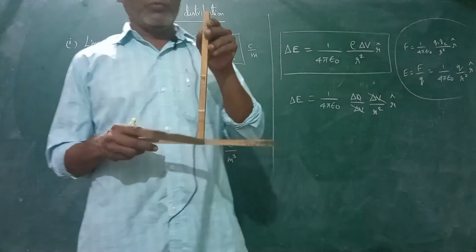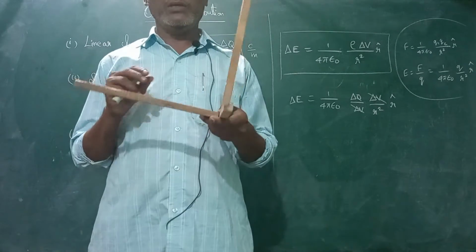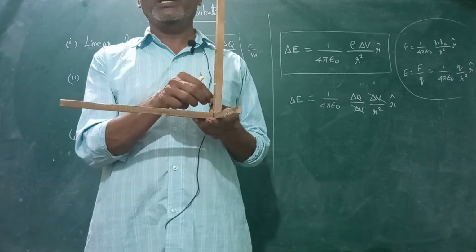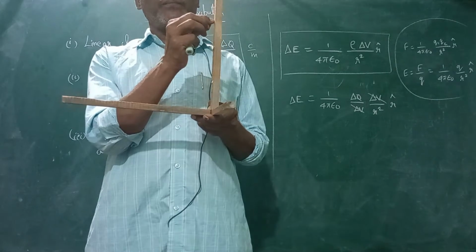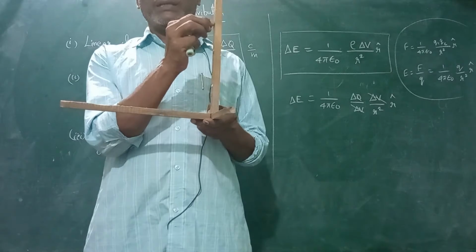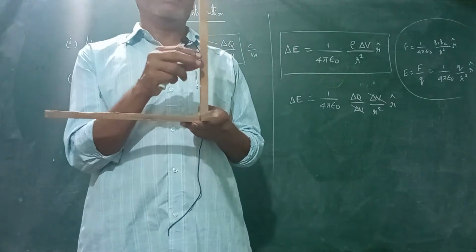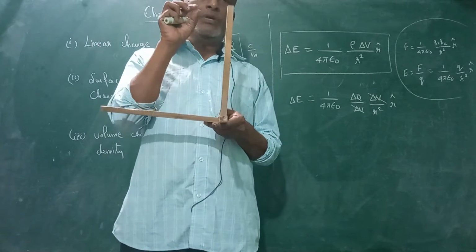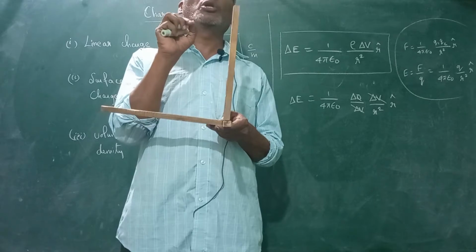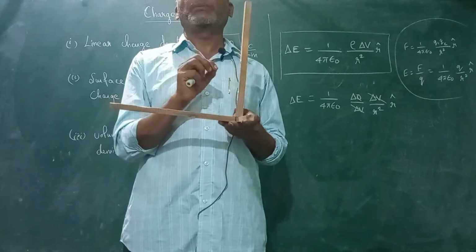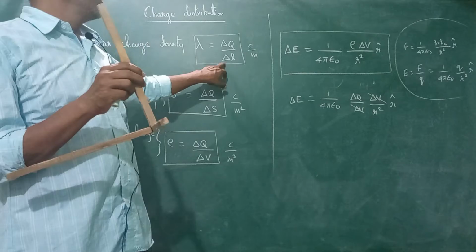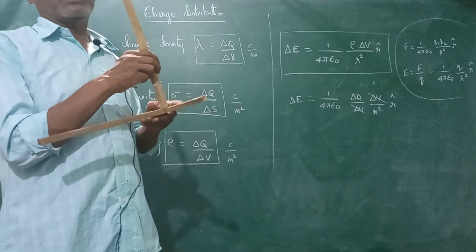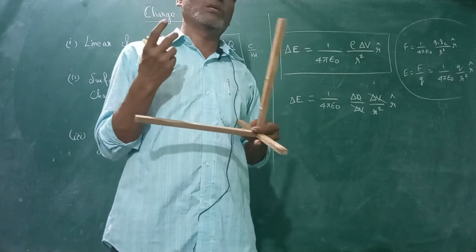Suppose you have a model like this. Now we are considering a small straight wire. In that you have a small length del L, very small length. In that, what is the charge? The charge will be very, very small, so that is represented by del Q. And the small length is represented by del L. So this defines linear charge density, which is coulombs per meter. So in that length, how much charge is available?